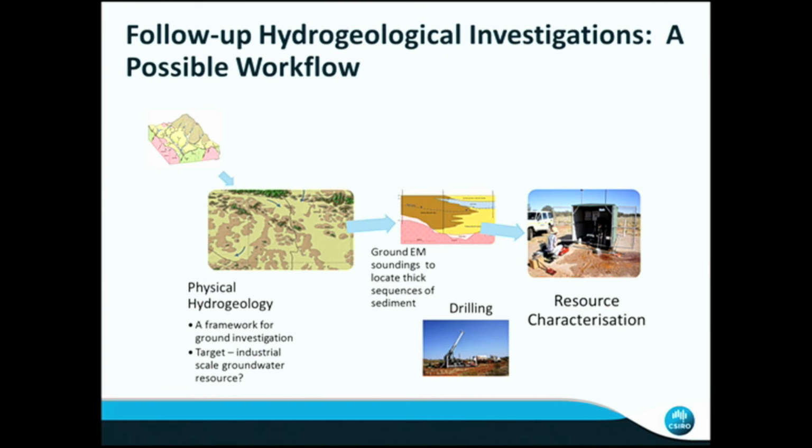We've got the physical hydrogeological framework in place. You might identify close to your area of interest these sorts of areas here, these beigey areas, pale yellow areas. You might then do some drilling to identify the nature of the aquifer and then characterize the resource over time. But that's the sort of strategy we'd adopt. You could just target transects of drills across here or just take the odd one. The thing is, with the odd drill hole, you might not actually pick up where the deepest part of the Paleo Valley sequence is, so we'd advocate maybe traverses of geophysics or something like that to identify where those are